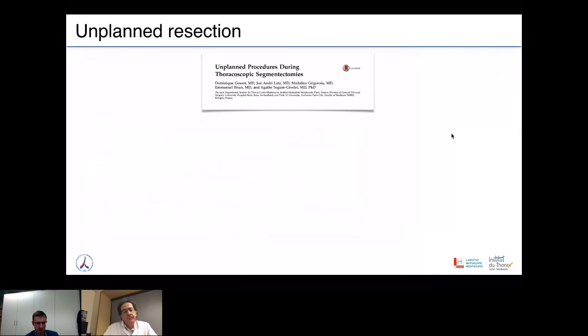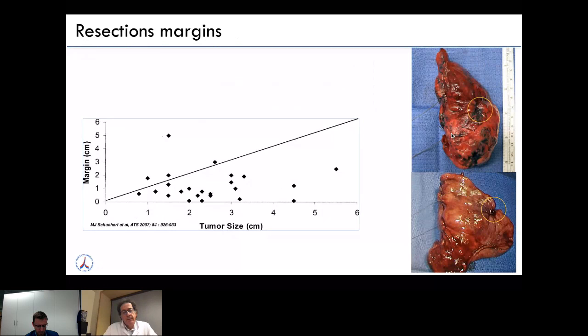Okay, the question was, in lesions with partially solid, partially GGO, what margin do you take then? If you have more GGO, does it also have to be the largest diameter of the GGO, or just the solid part?